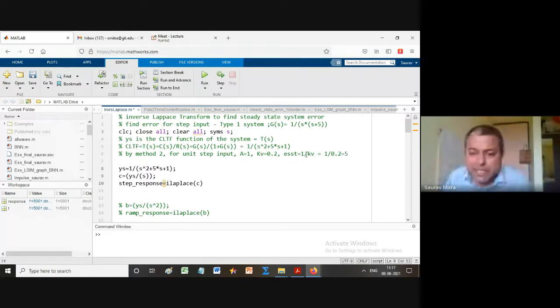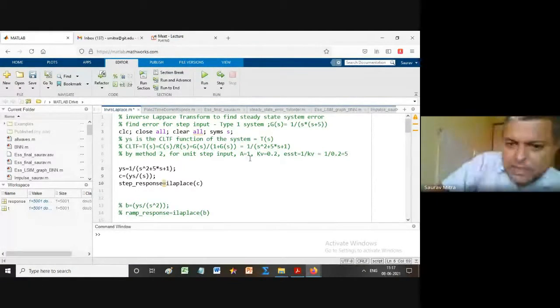ये सबसे interesting graph है. ये graph एकदम जबरदस्त है. So if we understand this graph, हो गया. So lastly, what was the ramp response you found? Two ramps were diverging. यहाँ पे भी ramp आने वाला है, but they will be parallel. ये सबसे, this is the sweetest waveform. We will see that. Okay. So now A is equal to 1 because we are giving unit ramp.